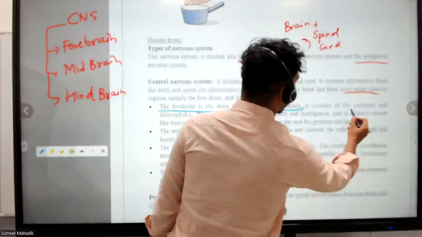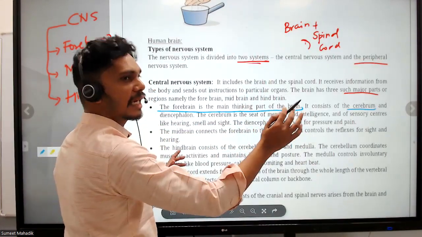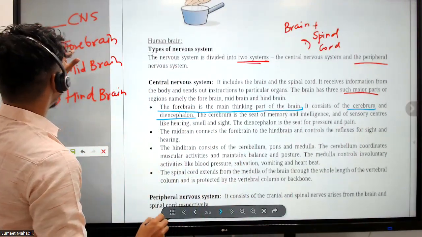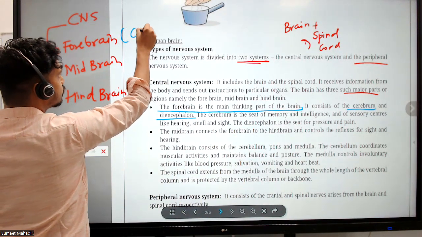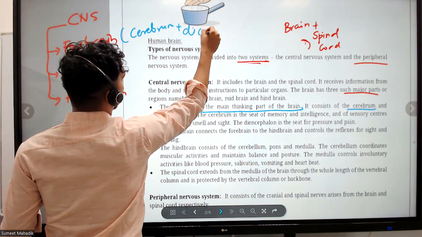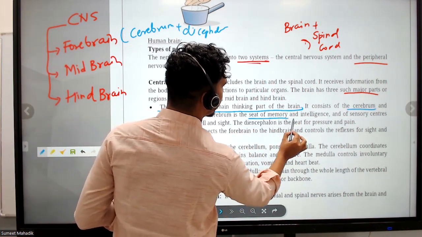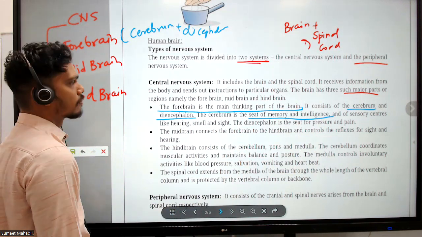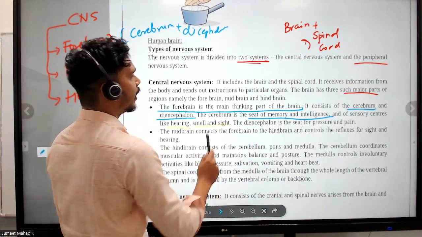So it consists of the cerebrum. Can I say that cerebrum is a major constituent of the brain? Yes. And diencephalon. So in the forebrain, what is present? Cerebrum and diencephalon. What is diencephalon? Let's see. The cerebrum is the seat of the memory and intelligence. Who performs the memory and intelligence? The cerebrum. And the sensory centers like hearing, smell, and sight are done by